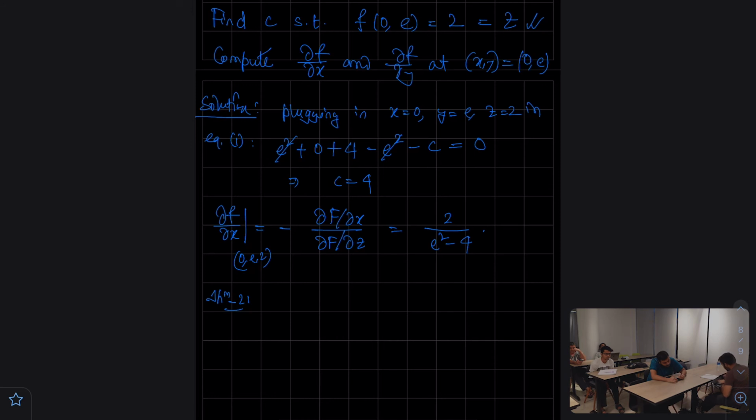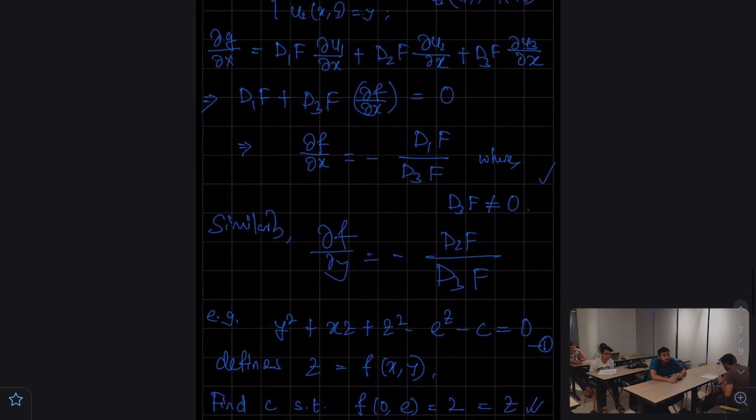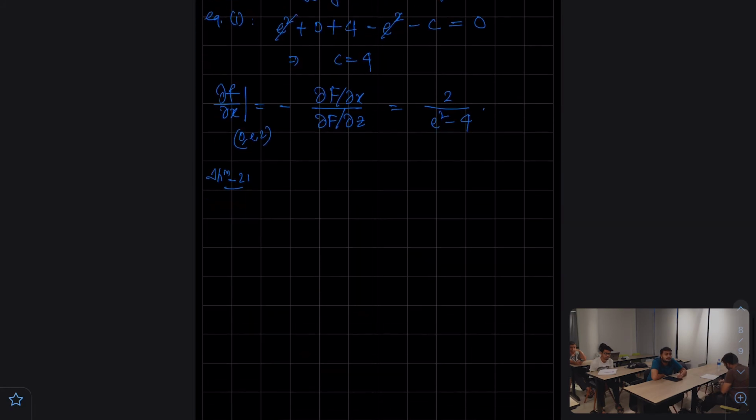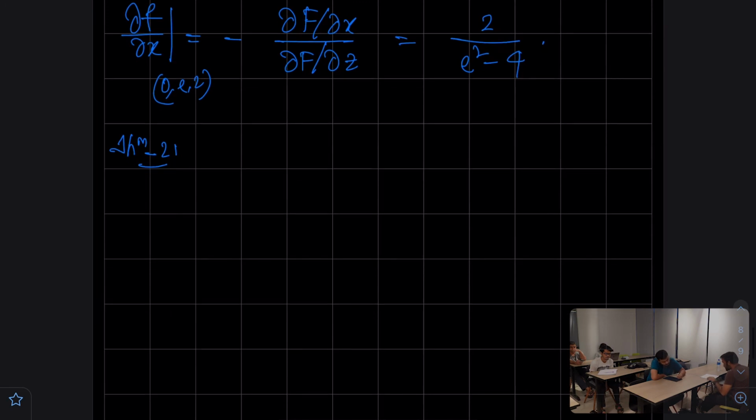So we have a proof. This is the proof for the case of R2, z. Well, the function carries 3 variables, but z is a function of 2 variables. So we have a proof for that construction, but we can generalize it for n variables and n minus 1 implicit variables. Let's do this. So let